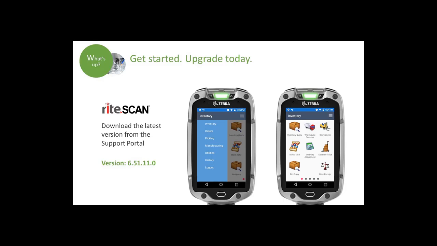Yeah, Sue, so upgrading to the latest version of riteSCAN is very easy. The best thing to do would be to go out to our support portal and just download the latest version, which is 6.51.11.0. You can just log into the portal and download those versions, and those versions will have the new Android version in them. The APK file is included, and you can download that APK file onto your device directly from the riteSCAN web service. If you have any questions on downloading, accessing, or installing the Android application on a device, please feel free to reach out to us in the support area here.